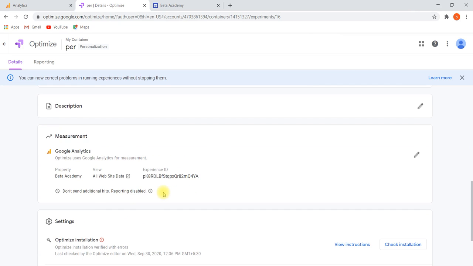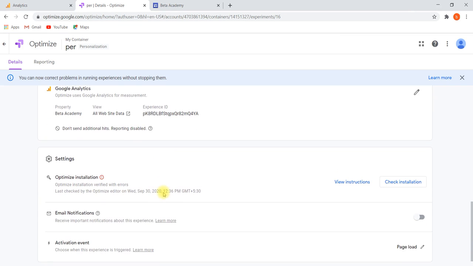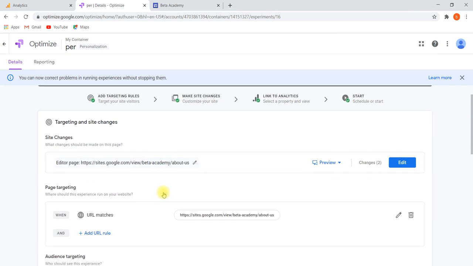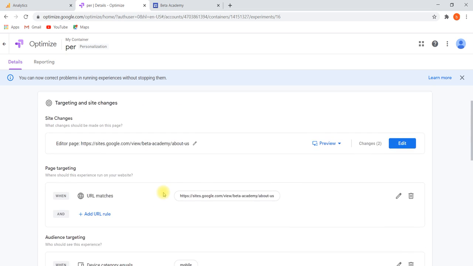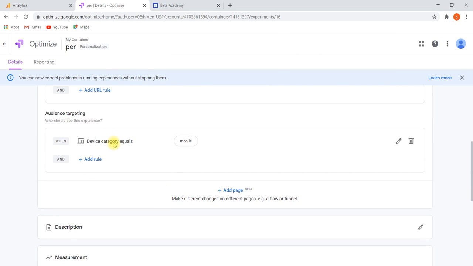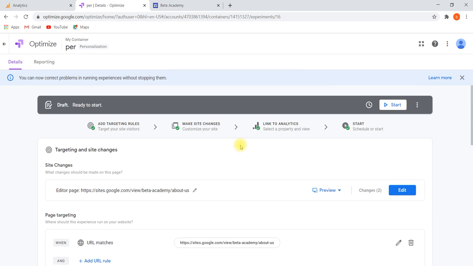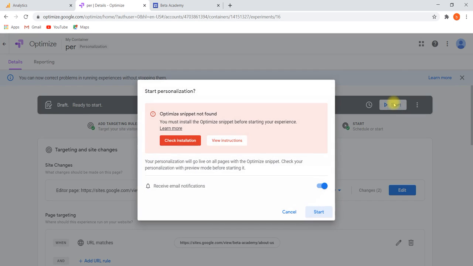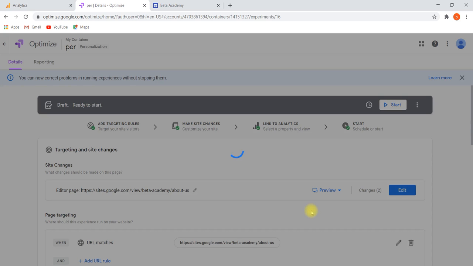Then we can start directly. In the sense, here there is no objective. Here what we are going to do is the edited page will be shown only to those who have visited your website through mobile, so that we will come to know whether the original one is better, or the variation we have done is better on mobile. To check that, we are using this particular experiment. We can start the experiment.